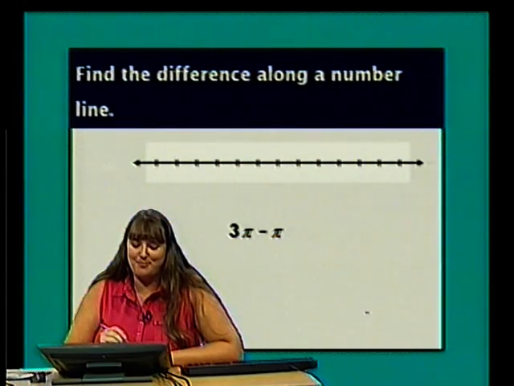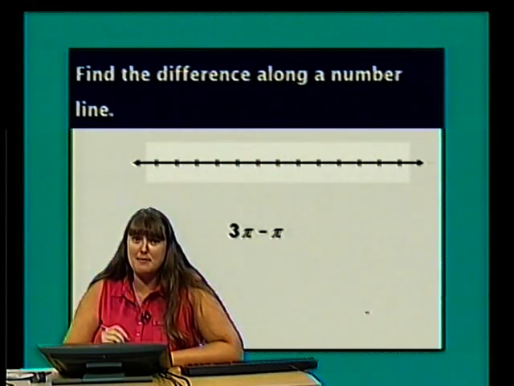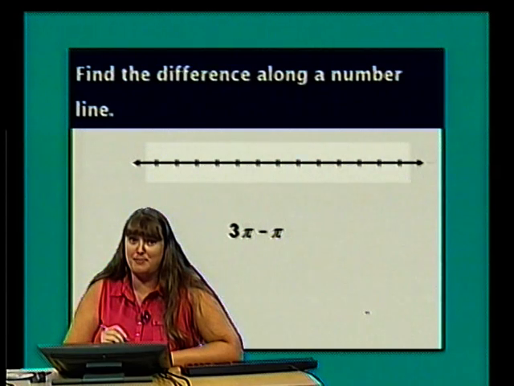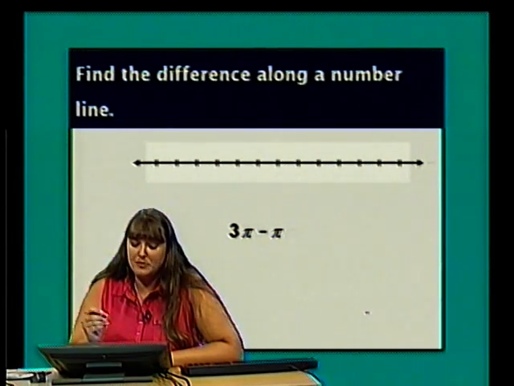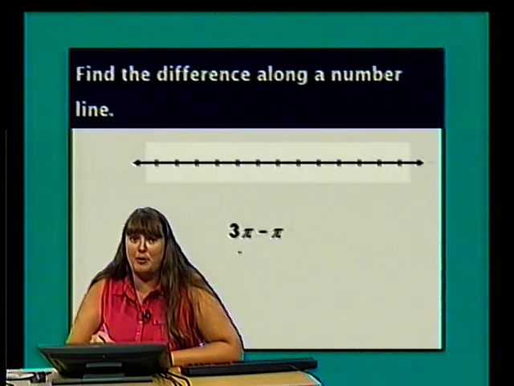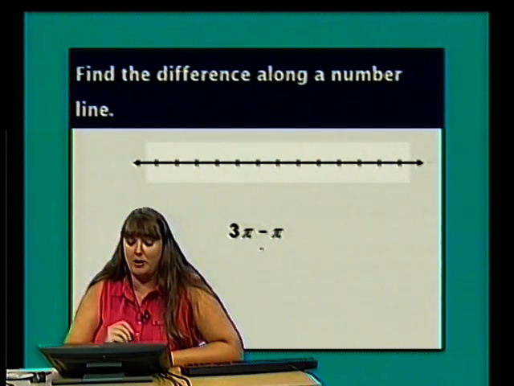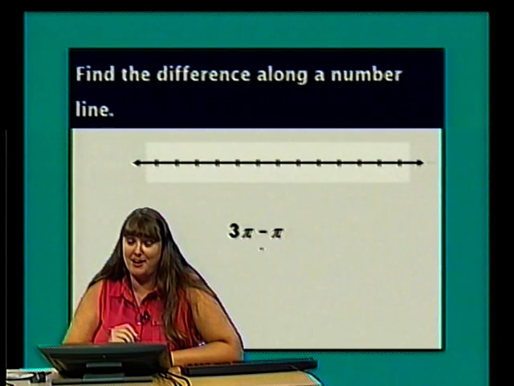For my last example, I want to look at the same problem again, 3 pi minus pi. This time I'm going to use a little bit different scale on my axes. Sometimes later on in mathematics, if you take a class called trigonometry, you'll see problems where you often use a scale involving pi. So on this number line, instead of going by ones as I did when I did this problem on the previous slide, I'm going to use a scale involving pi.